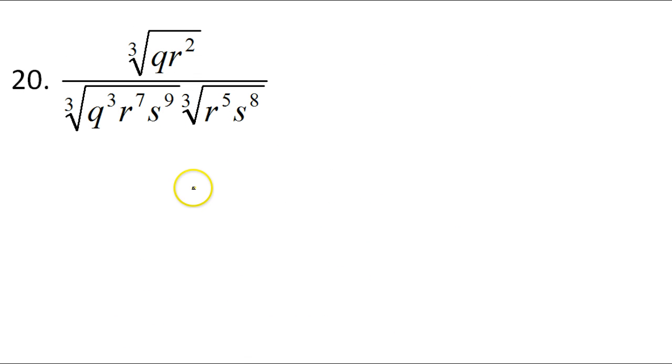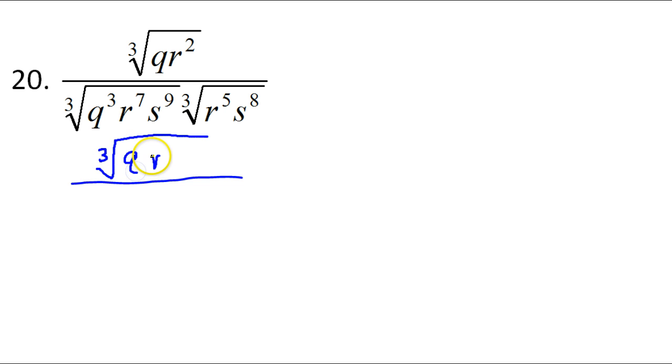Okay, this is the last problem on the worksheet. So I've got this numerator, I'll deal with that later. But now the denominator, I've got 2 expressions in the denominator, so I'm going to go ahead and put these together. Since the roots are the same, I can go ahead and multiply like I normally would if the roots weren't there. So like I said, in the numerator we have the cube root